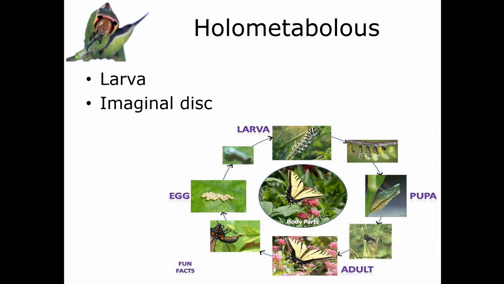Okay. And so when this pupal stage happens, those undifferentiated cells just get their day in the sun and they start to grow. They start to differentiate and turn into the wings and the mouth parts, all that sort of stuff. So then the insects will stay in this pupal stage for as long as they need to, and then